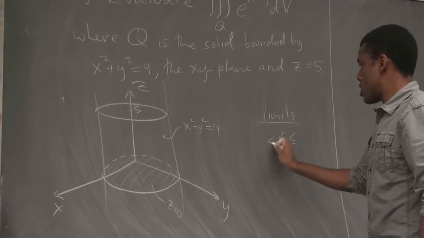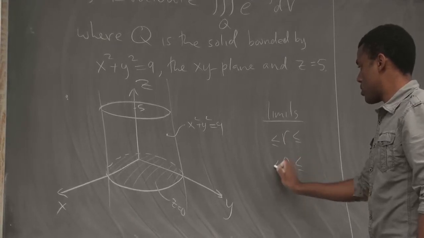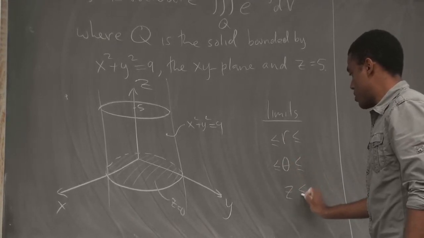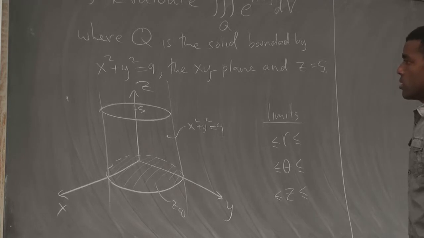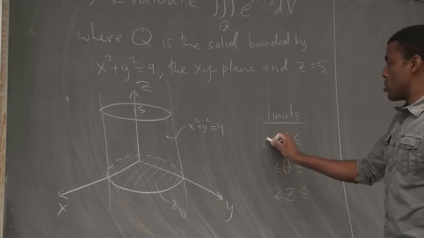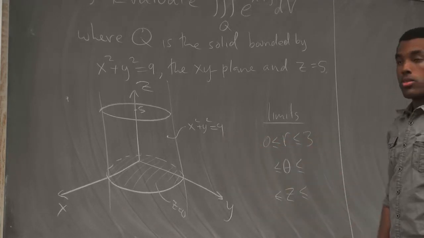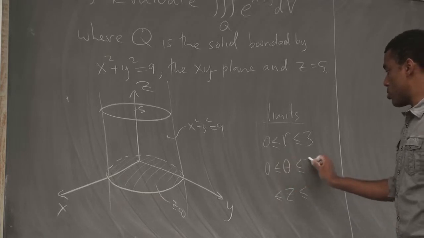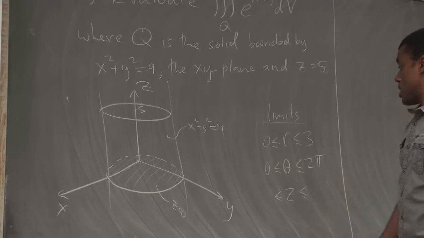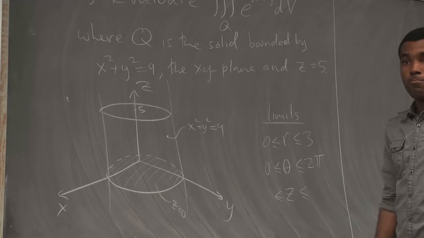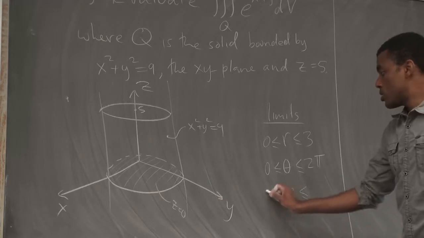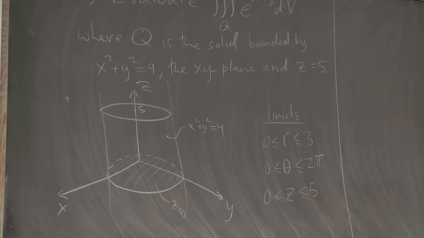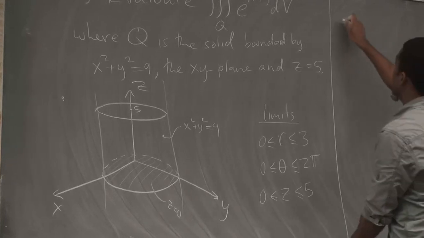I'm going to do r, theta, and z. R would go from 0 to 3 because the circular radius is 3. Theta goes from 0 to 2 pi, it's the whole cylinder. And z goes from 0 to 5, right? They're flat planes. And so